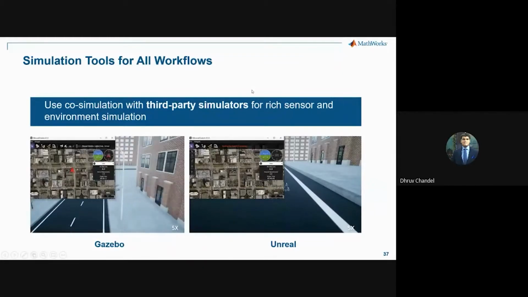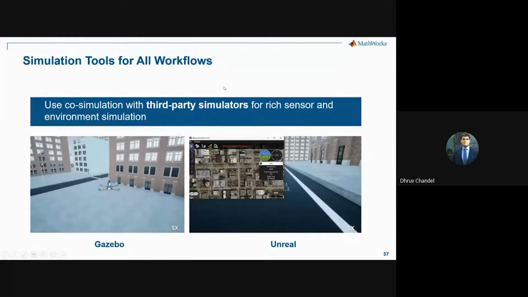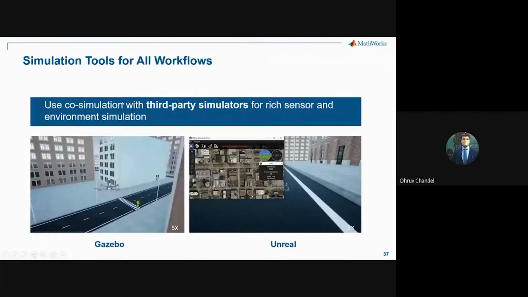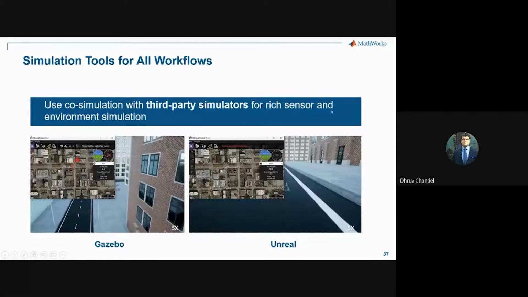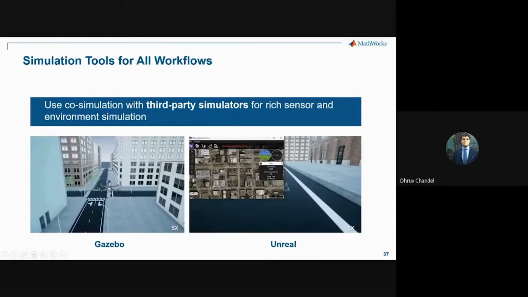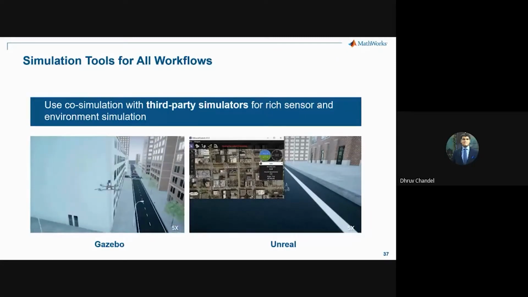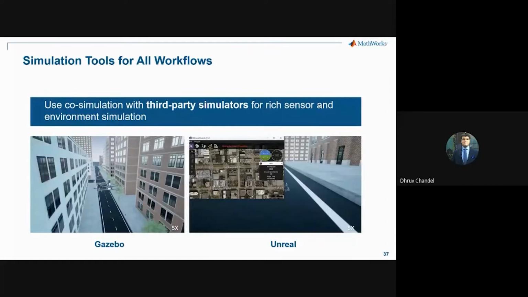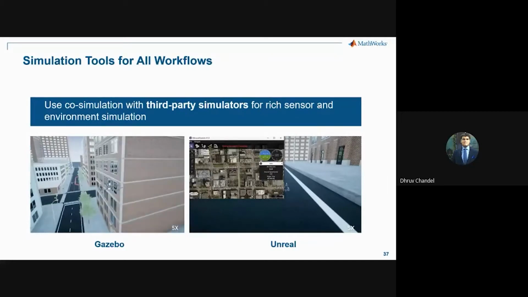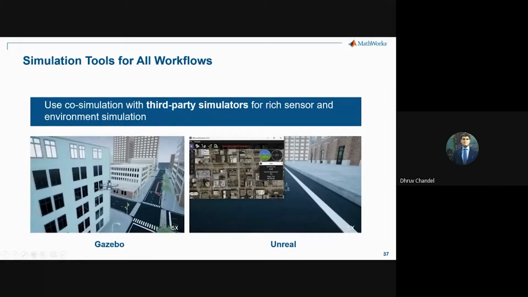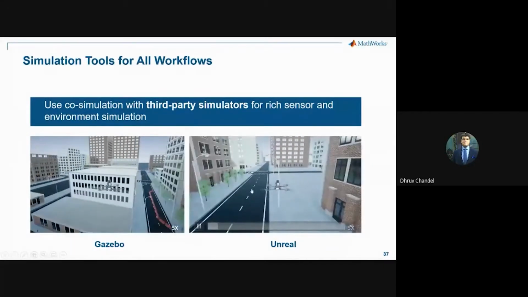One more thing before we move on to how to work with ROS. If you want to work with Gazebo or the Unreal Engine, you can work with these third-party simulators, which are outside the MATLAB Simulink environment, because these can model the environment and the sensors very, very powerfully. So let's say the simple grid-based system, for argument's sake, cannot simulate an environment which is moving. But inside Gazebo or the Unreal Engine, you can build a complex environment which is moving around and which is photorealistic. And then whatever algorithms you're building, you can build those in something that is approximating the real world.